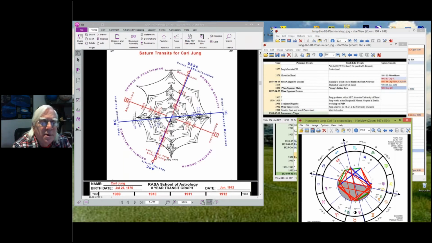Okay, so after this, Saturn goes by. It's going to go by from the midheaven. He would carry on for a few years, but by 2003, it would be conjunct his ascendant. Okay, so in this period between the midheaven and conjunct the ascendant, he finished his degree. He got his PhD. It's not a learning thing. He was proving he could do it. He got his PhD. He got married,